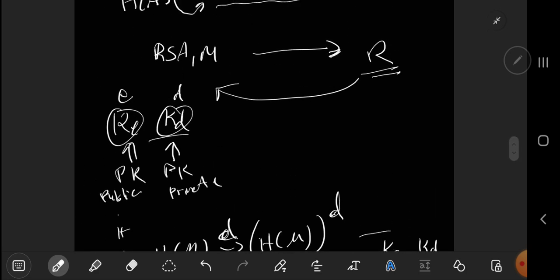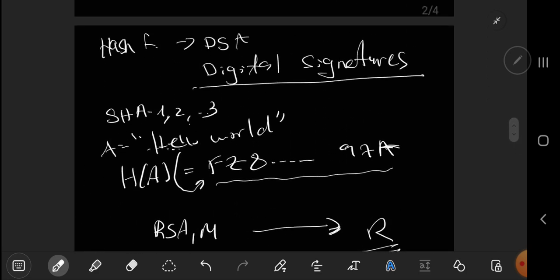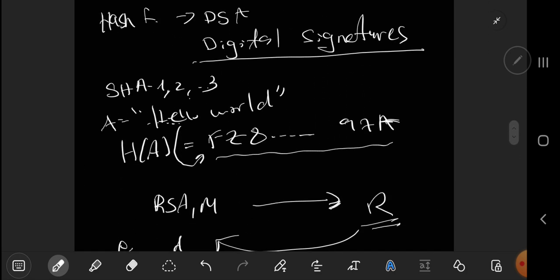And you will know that there is something wrong with the message. Okay, so this is the idea of using hash functions in digital signatures, using, for example, the RSA encryption method